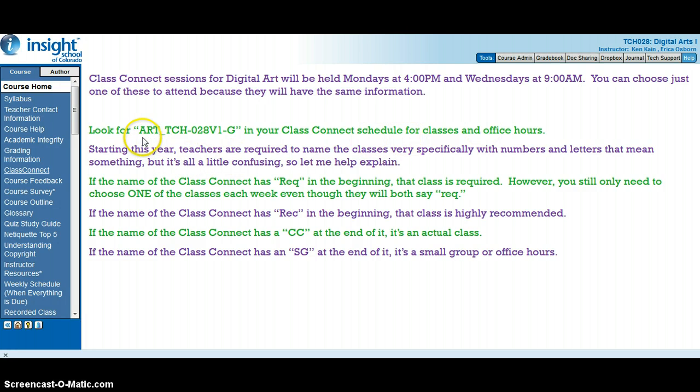This is what you want to look for right here. Okay? I wish I could just say digital art. But like it says right here, starting this year, teachers are required to name the classes very specifically with numbers and letters that mean something, but it's all a little confusing. But once you get used to it, hopefully within the first week or two, you're going to understand what all these